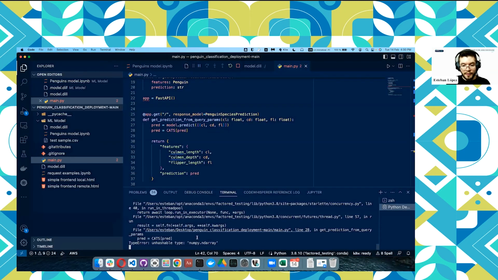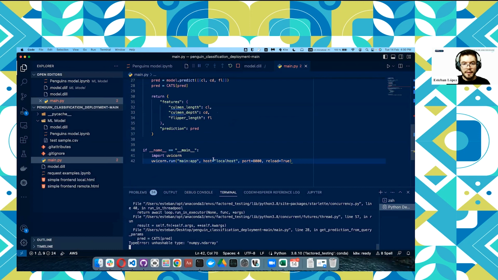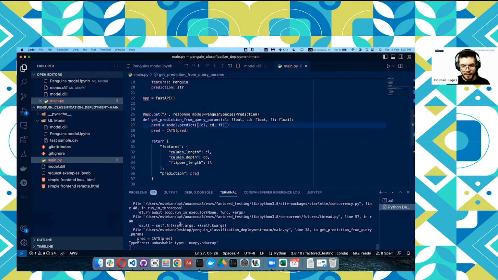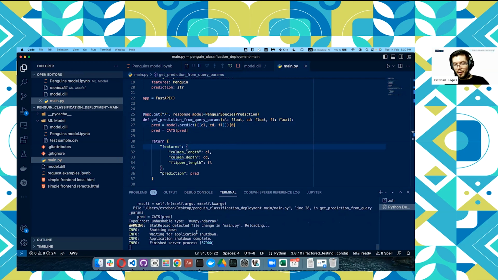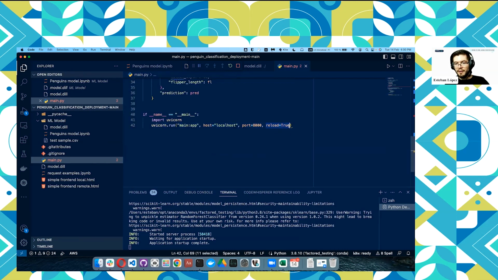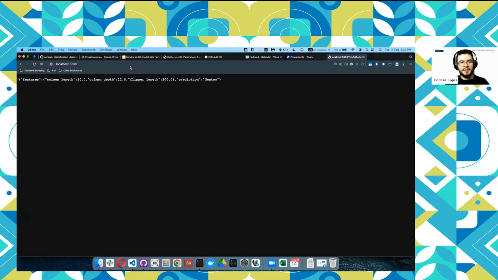Okay, something that I forgot about here is that I had to pass this as a NumPy array. Oh no, actually I didn't have to do that. I forgot to extract the first element here, because I have to pass a batch of examples. I get a batch of predictions, and I only need the first and only one of them. So I was missing this, and once I save, our application is going to reload automatically because of this little option here. So if we go back and we send, this time this works,